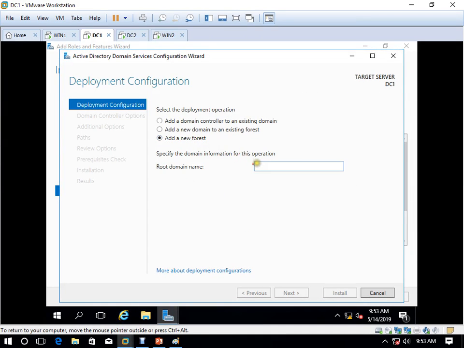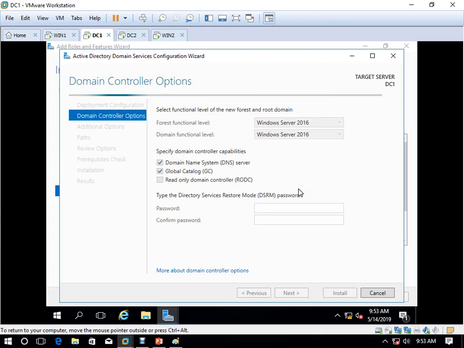I'm making a new forest, so I'll name this iist.com. This is the normal procedure, you know how to install Active Directory.